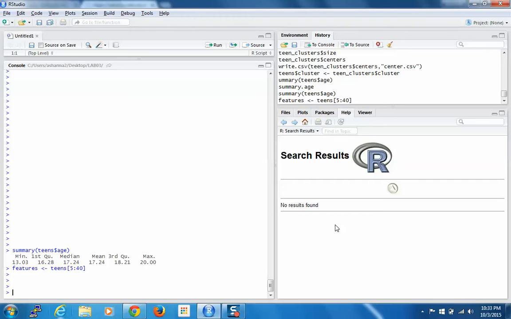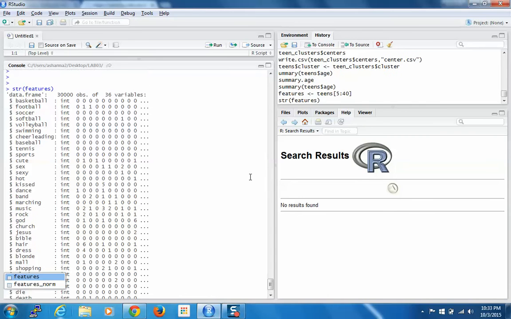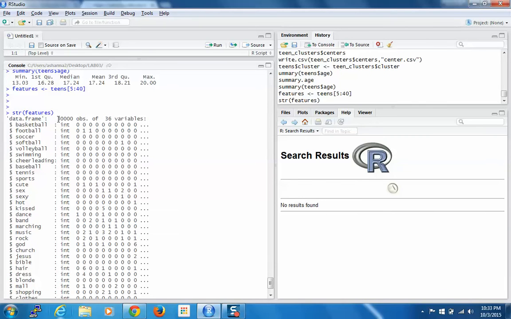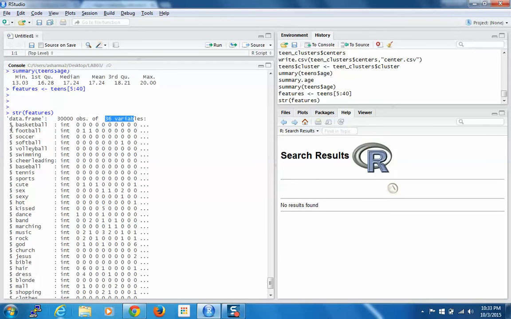So features created. Let's look at the structure of features. Okay, so features has 30,000 rows in there and 36 variables in there. So that is the structure of features, and all the things that we think are relevant for clustering are in